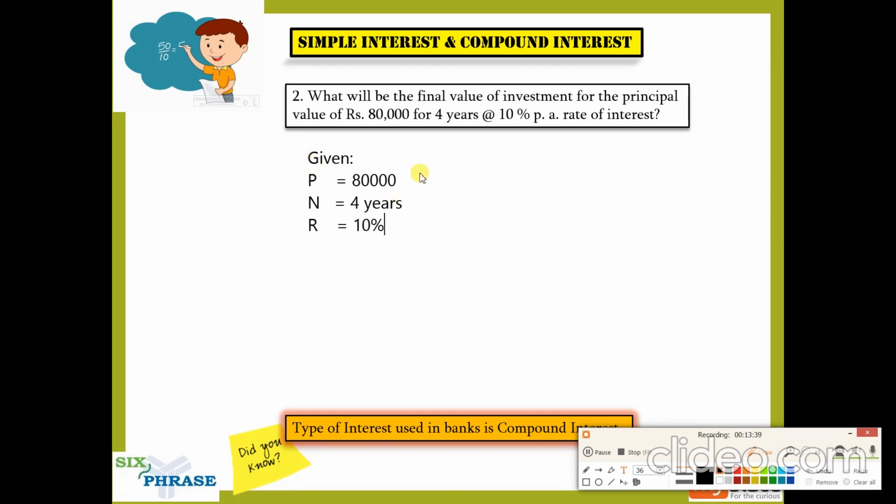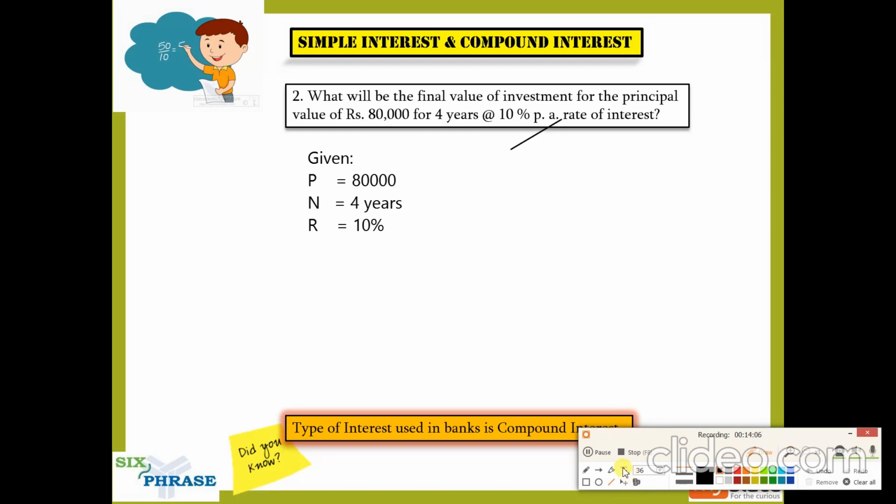See, you can see they've given per annum rate of interest. Yes, it is not for 6 months. They say it is 10 percentage per annum. The standard way of mentioning rate of interest is always per annum, guys. Even if it is not per annum, you change it to per annum. That is the standard way of mentioning rate of interest, per annum. Okay, so these are the given. You have to find the amount.